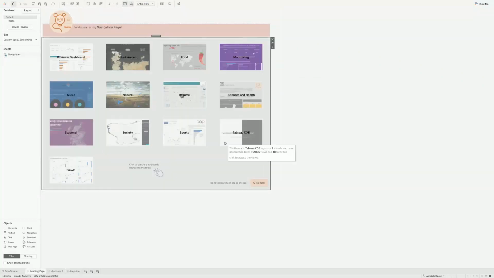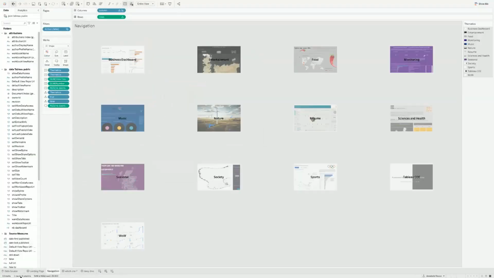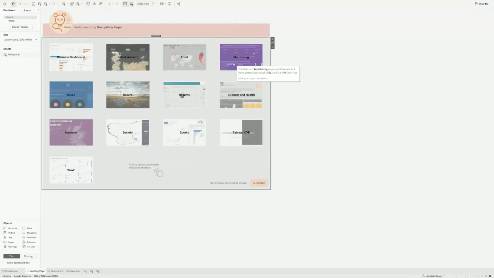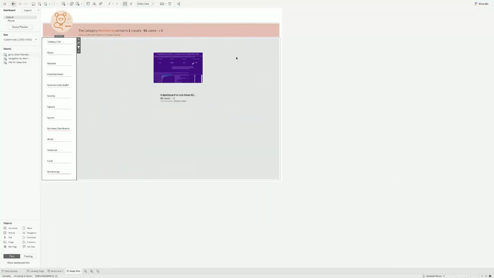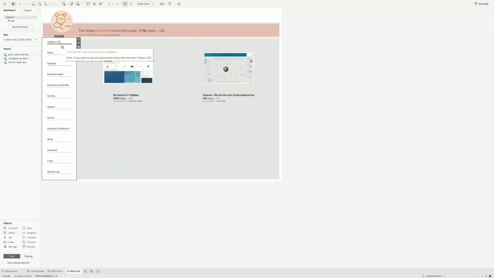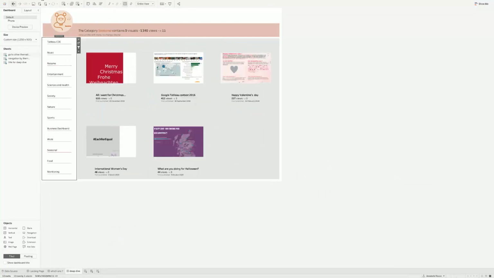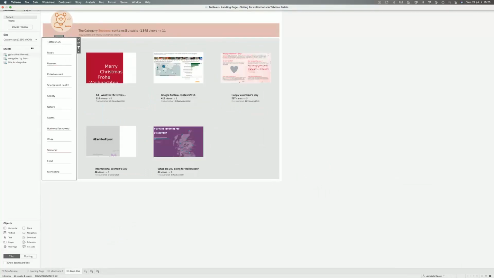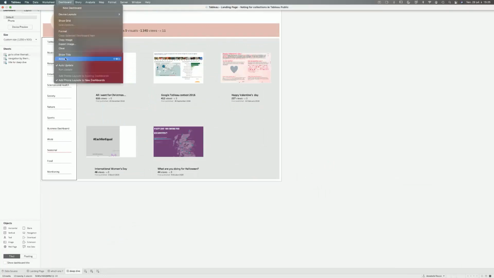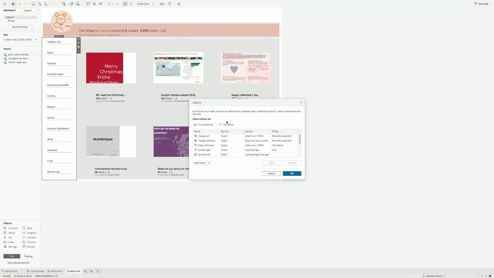One is a landing page with just some images by column and rows. And when you click there, that triggers an action that just filters the different dashboards matching this category. And then the other technique consists of, and I will show that to you, as soon as I click on dashboard action, you will see that's just a URL action. So that's a technique of creating